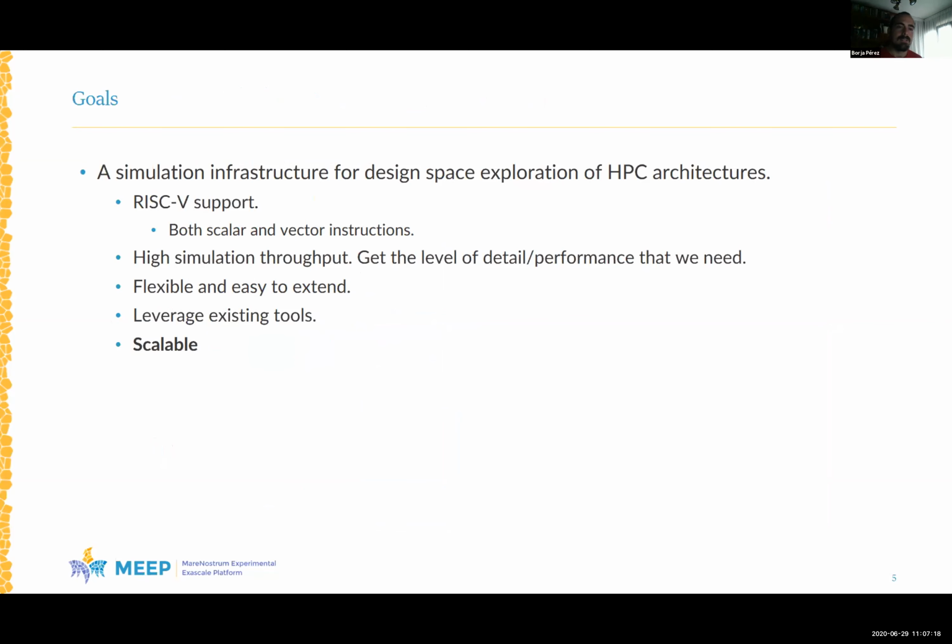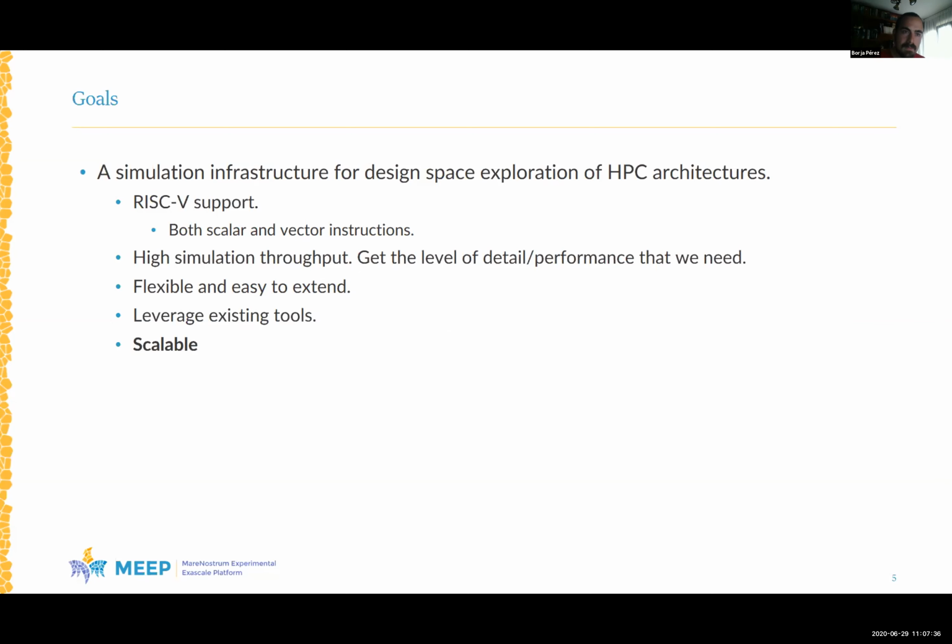And they are quite related, of course. The first one is that we are going for HPC architectures. And this is an overall goal, and it's the one that determines the rest of them. And of course, we are going for RISC-V, because I wouldn't be talking here otherwise.